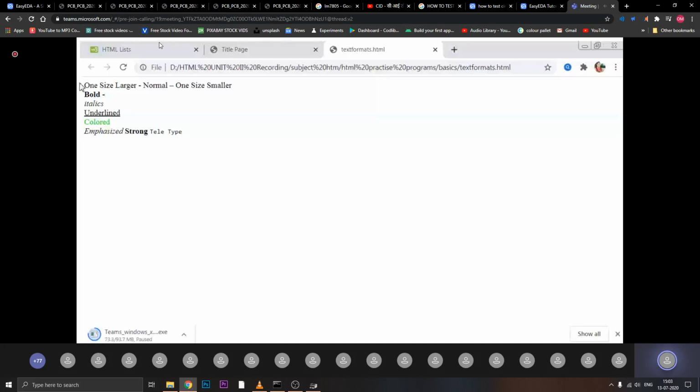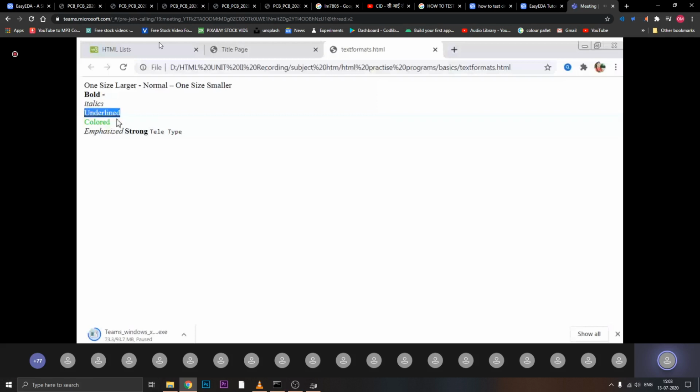Here you can see that there are separate font sizes, according to this, because we made only some minor changes. If you add +10 or +20, it will be reflected and you can easily see the changes between one size larger and one size smaller. With the help of bold, you can make the text bold. With the help of italic, you can make the text italic. And with the help of the U tag, you can underline it.